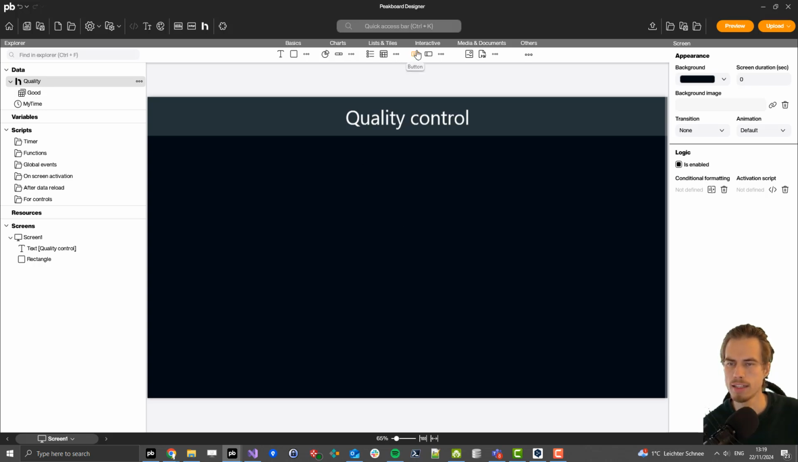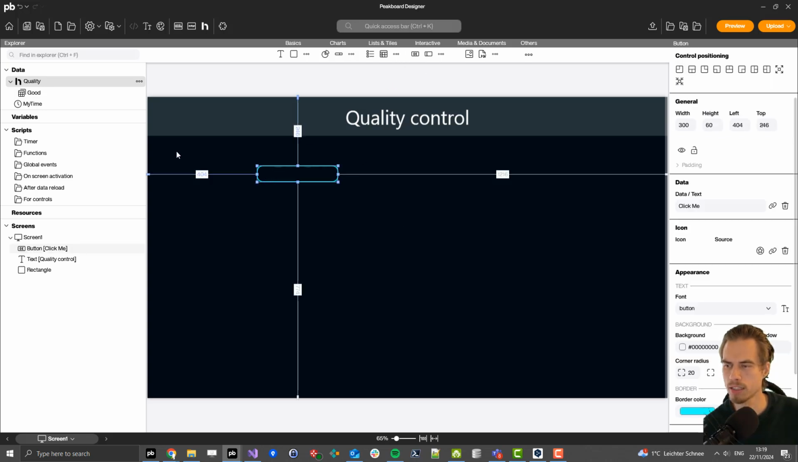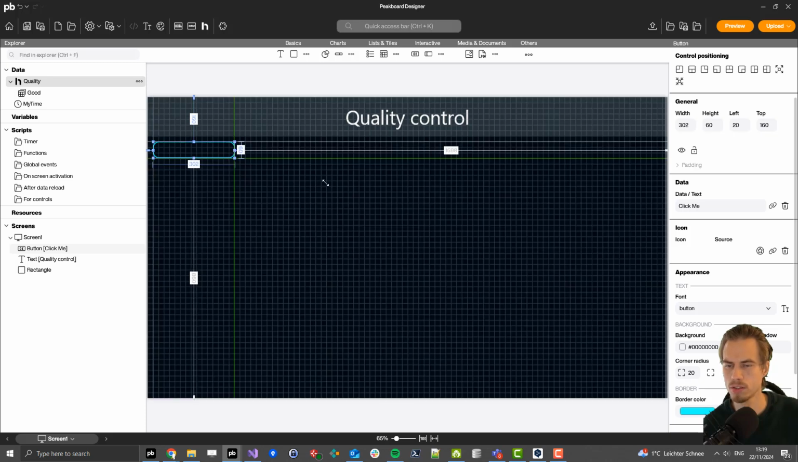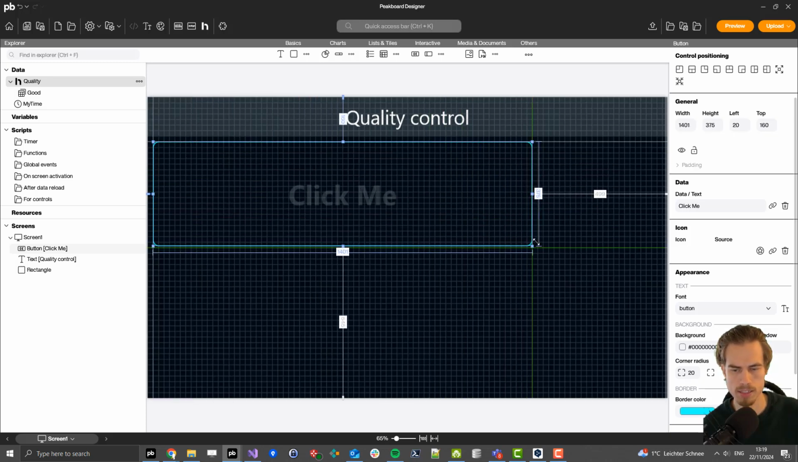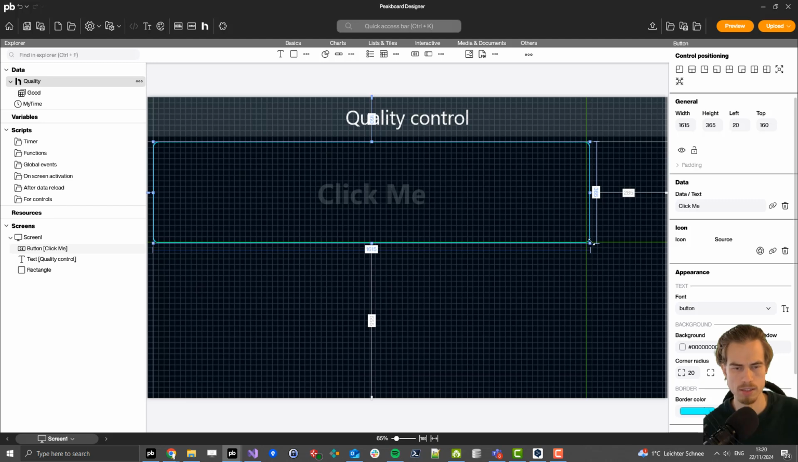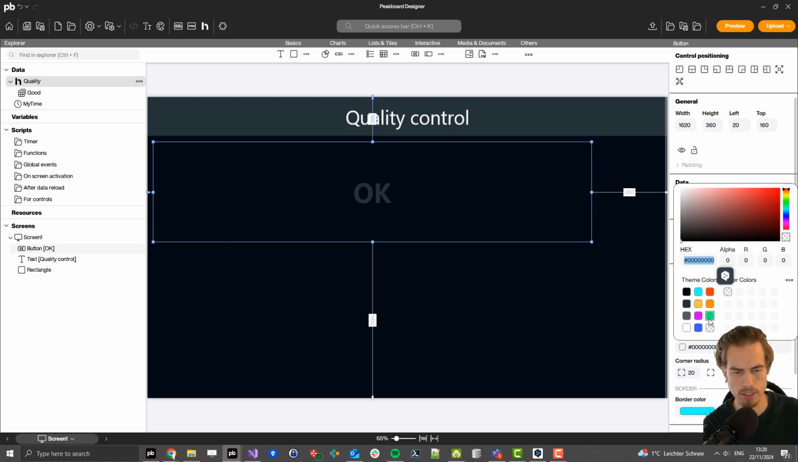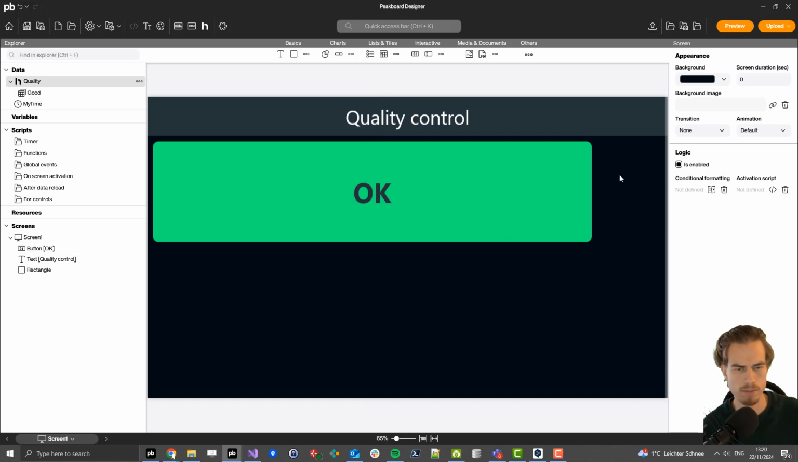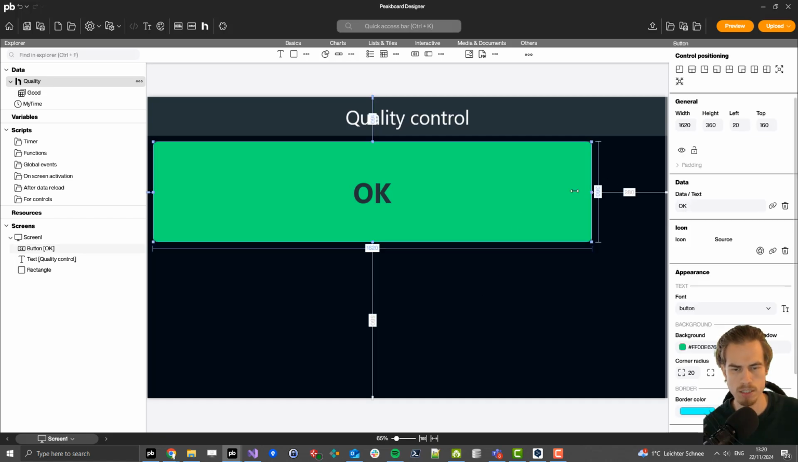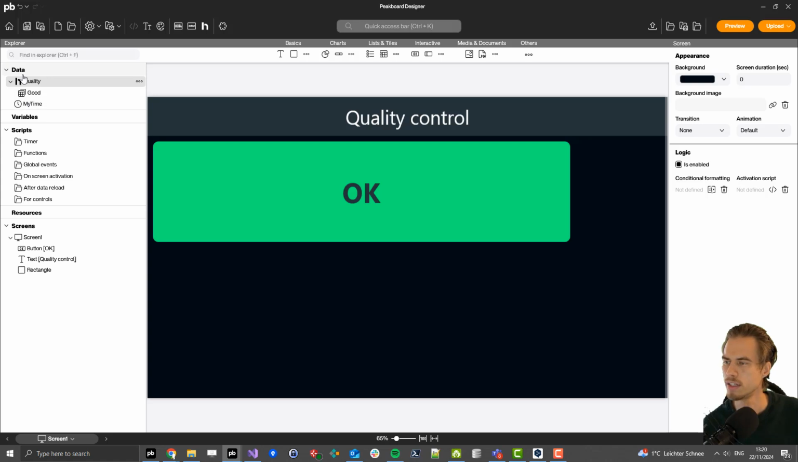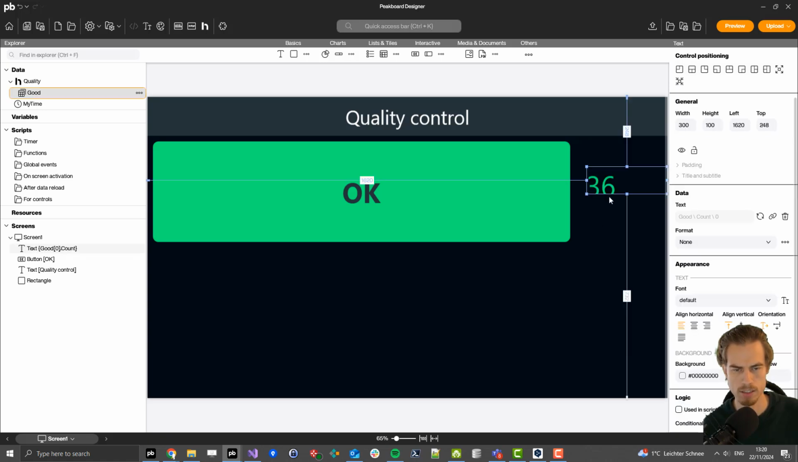Right now I add here a big green button to report all the good parts. So let's place it here, a big size, and set the text to OK. The border color I will remove by setting the size to 0, and the background I set to green because it's about the good parts. Let's make it a little bit smaller,